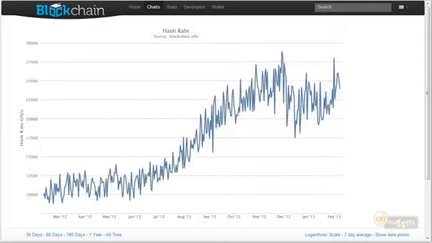Here's another really fun graph up at blockchain.info, and this is the hash rate. Now, each computer that's a miner is desperately trying to figure out the correct nonce to plug in to actually create the hash that meets the requirements. And then they win the pot of gold, the 25 plus change Bitcoin for the current blocks that are being solved.